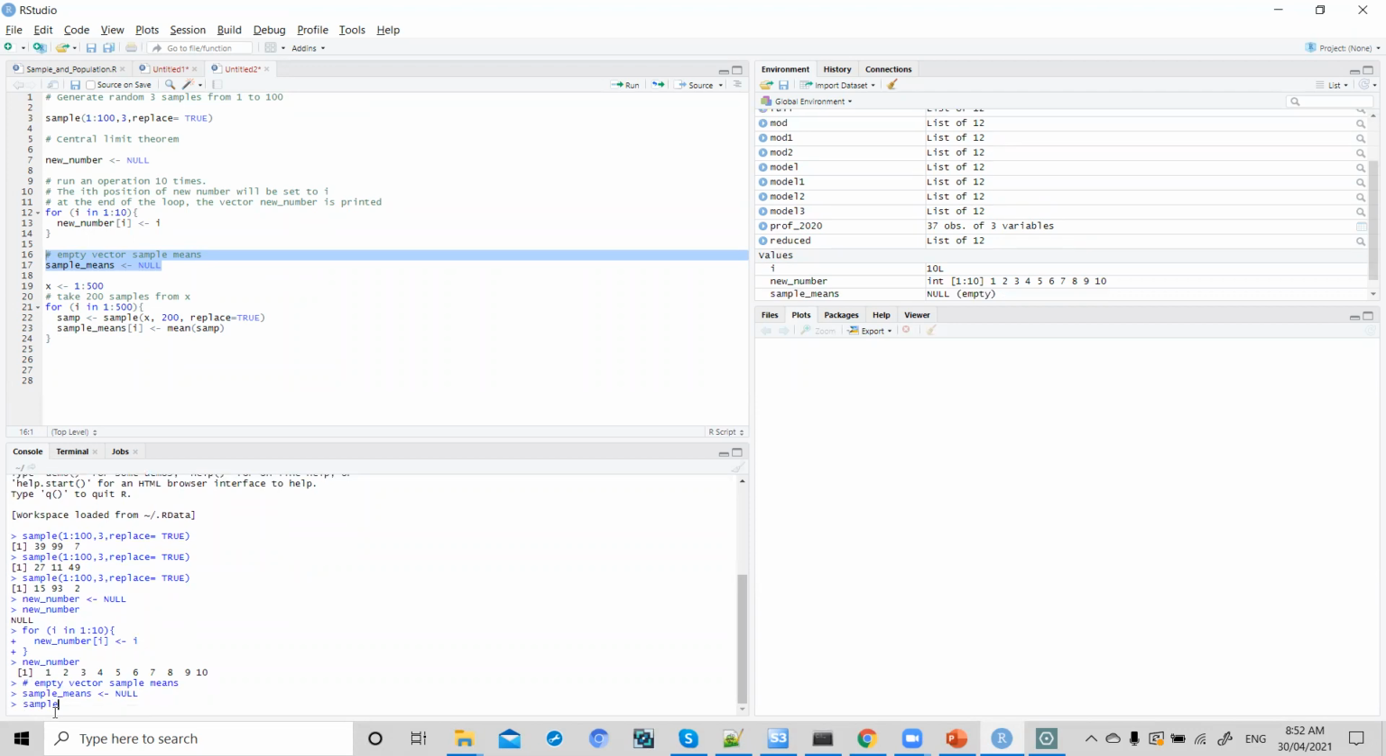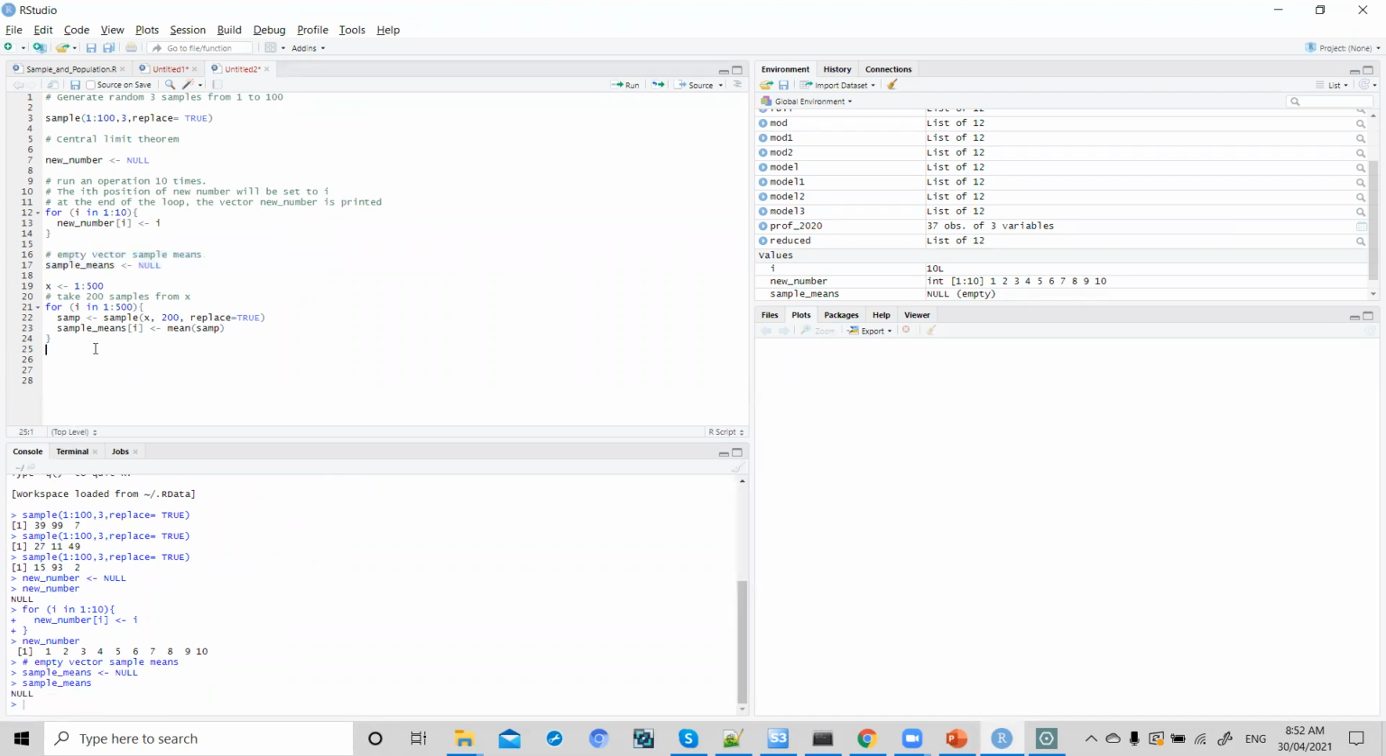so my sample_means is initially null. Now what I am trying to do is generate a sample of 200 people. Like here we did a sample for 3, right? So I am trying to generate a sample of 200 people, 500 times, right? So what I am trying to do is,